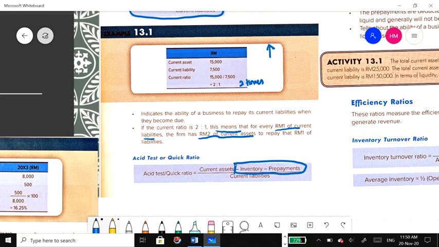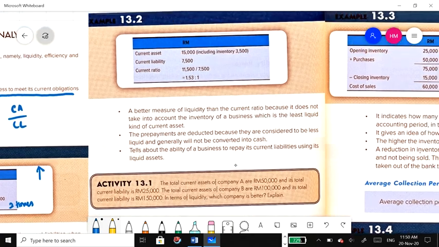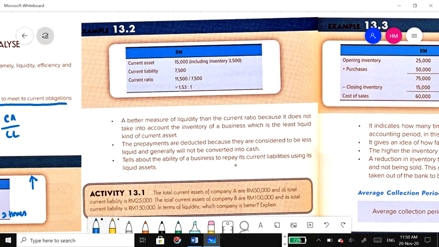That's why kita tolak. So sebab kita nak tengok kita punya business ni mampu tak nak bayar hutang ni dengan lebih cepat. Dia ada dekat sini. A better measure of liquidity than the current ratio. Because it does not take into account the inventory of the business, which is the least liquid kind of current asset. The prepayments are deducted because they are considered to be less liquid and generally will not be converted into cash. Sebab tu kita tolak